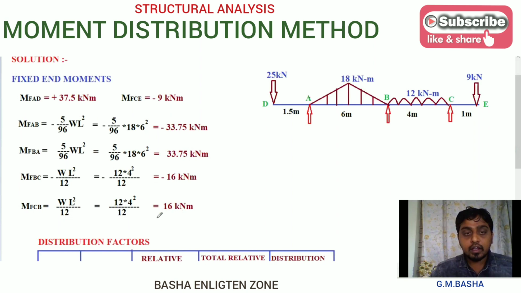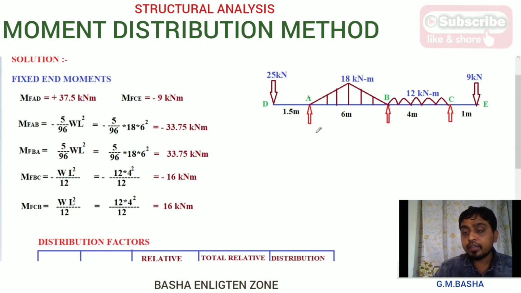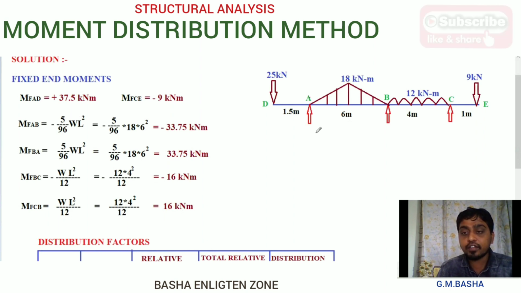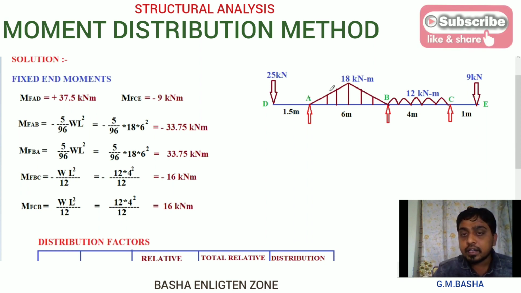While calculating the fixed moment for various types of loading conditions, you just take the formula and substitute in the formula, and you will get the final fixed moments. Whatever the loading conditions, the remaining procedure will be the same. For example, if there is a triangular load which is 0 at one end and some intensity at the other end, the formula will change to plus WL square by 30 and minus WL square by 20. You just take down that formula and substitute the given values, then the entire remaining procedure will be the same.